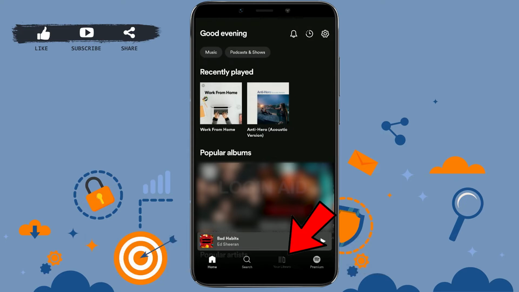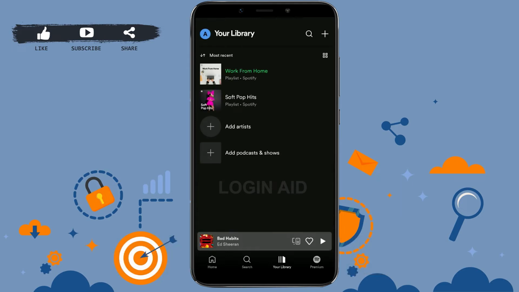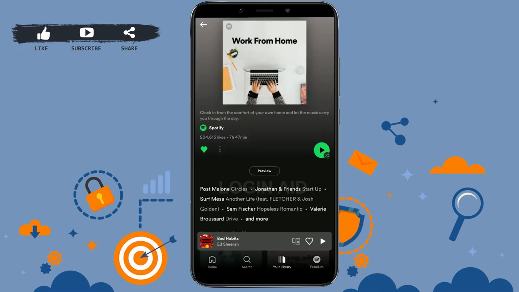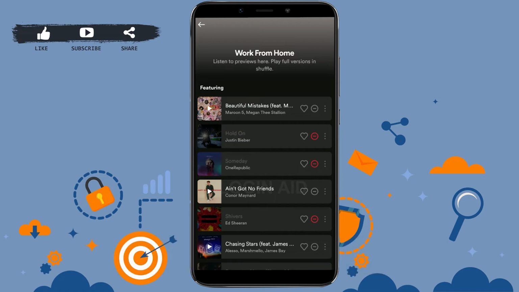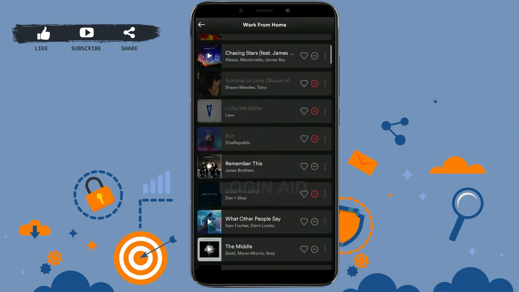below. Tap that library. And here on the library, you tap upon the playlist where you want to unhide these songs. You tap upon that playlist song. Once you're at that album or the playlist, you need to tap on preview in the between. Tap that preview option. Once you tap upon that preview option, you will find all these songs that is in